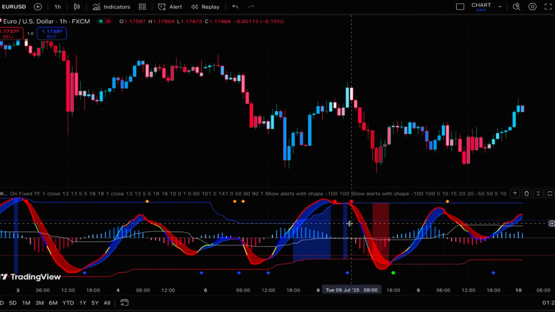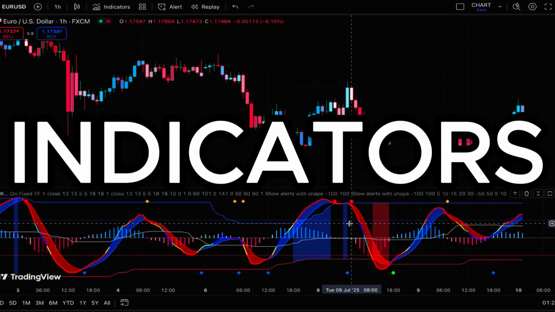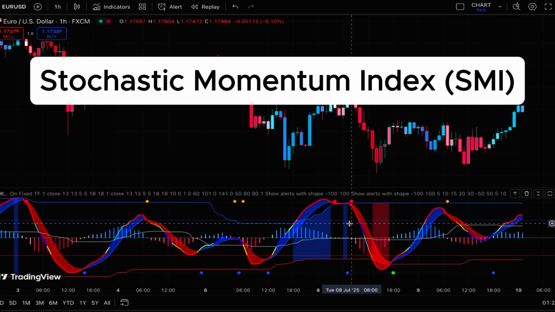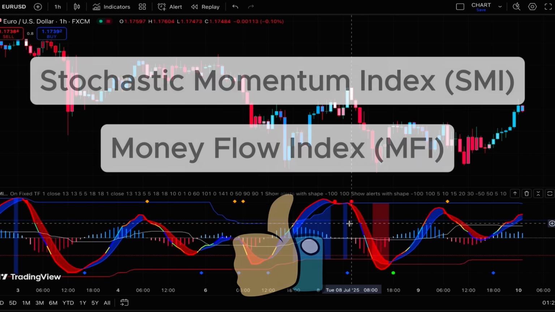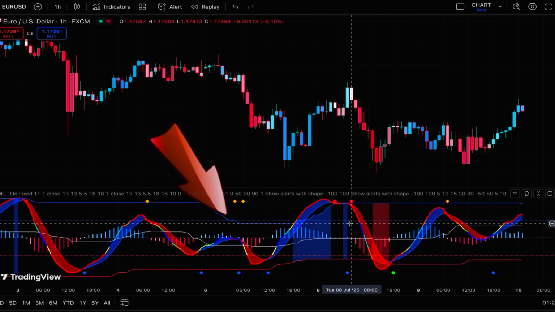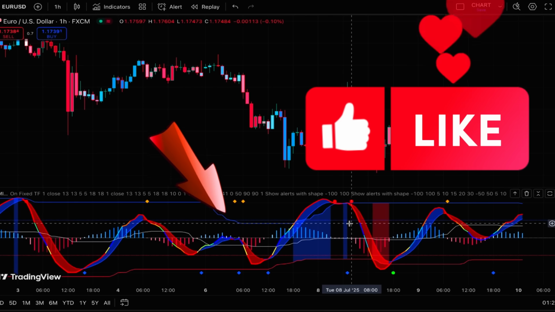This indicator is built based on two powerful indicators, Stochastic Momentum Index and Money Flow Index. As you know, Stochastic Momentum Index is a very powerful oscillator that is perfect for measuring momentum, and Money Flow Index is a very famous indicator that helps you to measure buying and selling pressure based on the money flow in the market. And now these two indicators are combined together to effectively help us with price direction and strength of